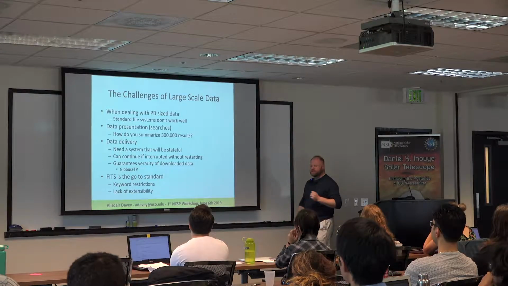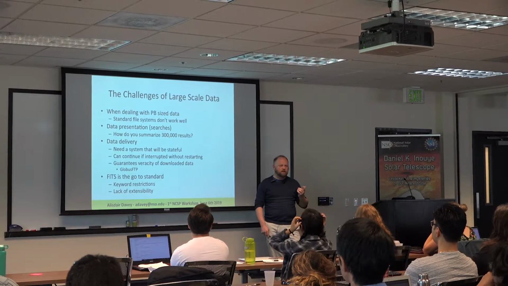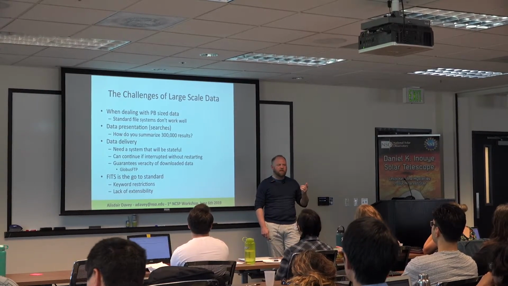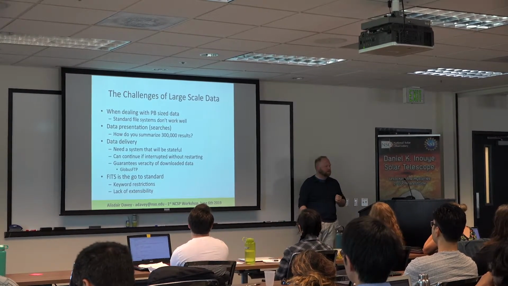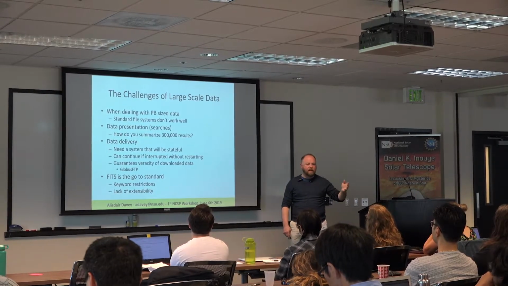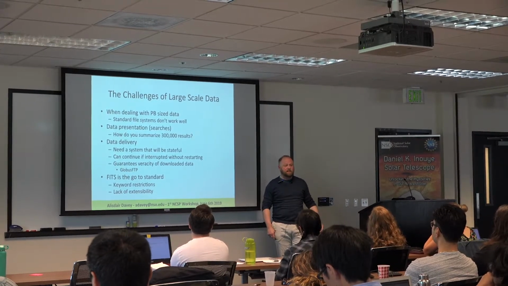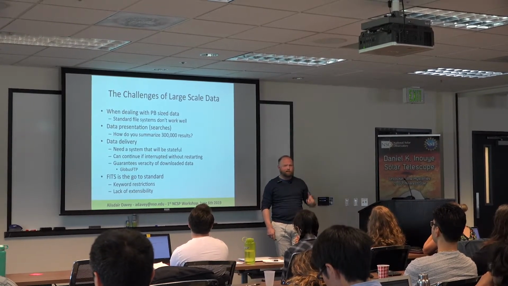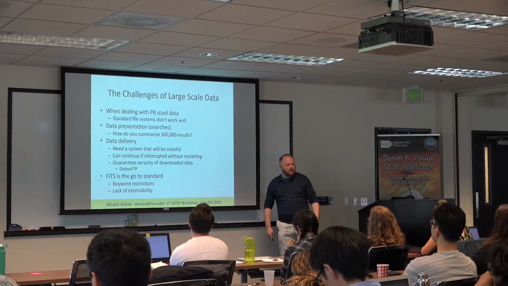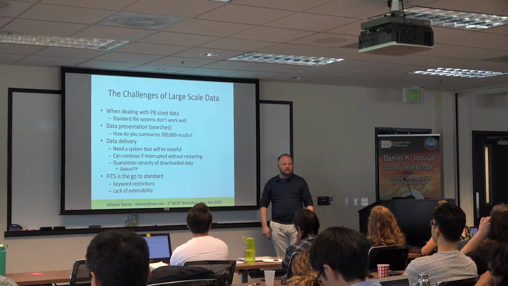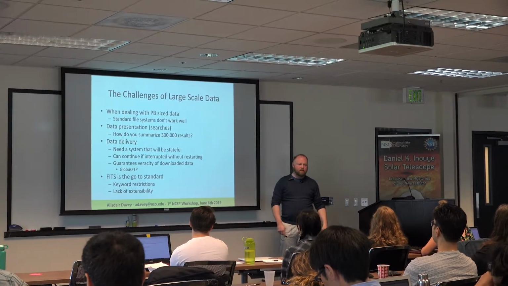Okay? How do you summarize 300,000 results or more? Go back to Serena's talk yesterday and her 2.2 terabytes and how many frames that was. How do you summarize those results for somebody who's searching in a sensible fashion? How do you then enable them to drill down and pull out just the 100,000 they're actually interested in, which was every third frame or something like that? Okay, how do you get that much data to somebody? You know, most laptops have at least 1 terabyte now, but with Serena's example yesterday, it was over 2 terabytes. You've got space to download that. Okay, that's good.